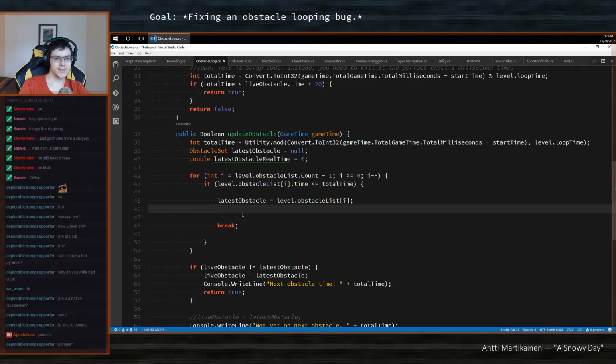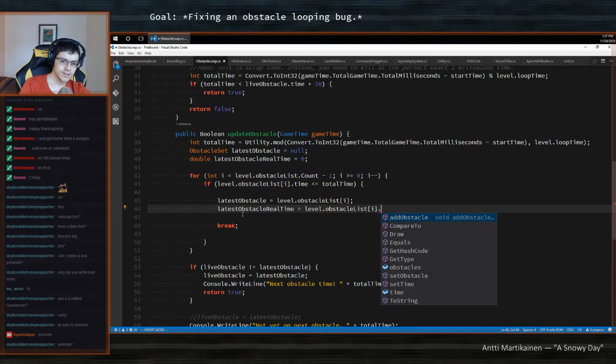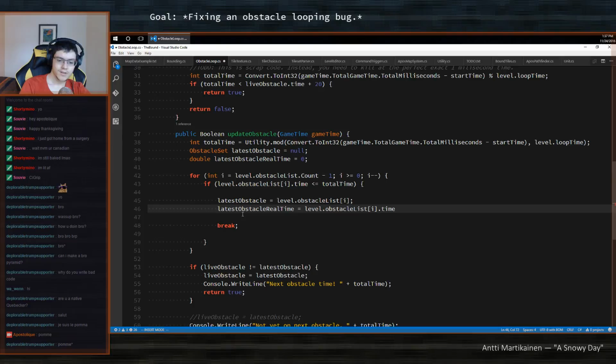Is it latest obstacle equals level dot obstacle list that the time plus start time. Could that be good? No, it's not good at all.